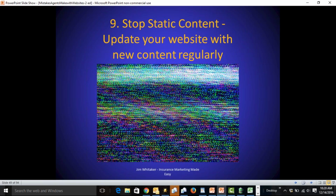This is static. It's an image of TV static, not a website, but it's still a good illustration of what your website looks like to Google, to the Google bots that go around trolling websites for content, if it hasn't changed in years. Because static content won't get you visitors. Search engines will just stop paying attention to your links and your website. So how do you fix that? Introduce content to your website on a regular basis. I'm going to talk about ways to do that in a minute, but